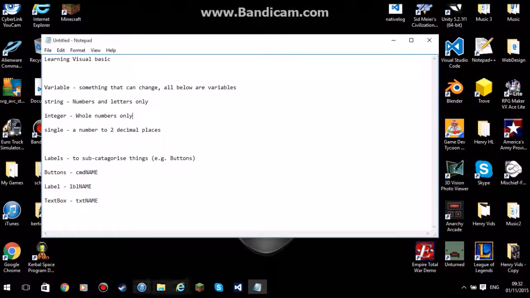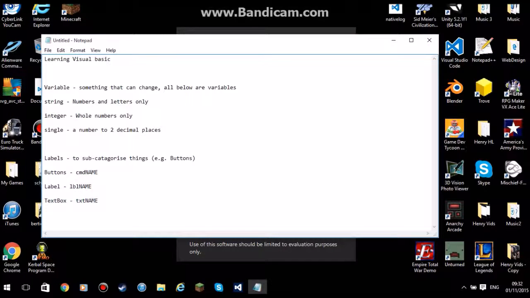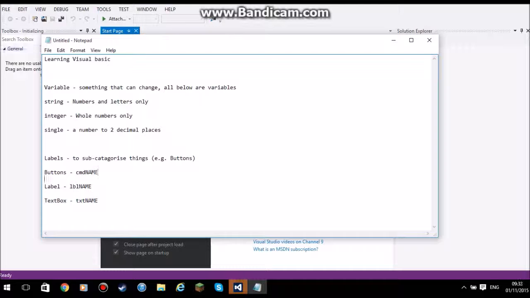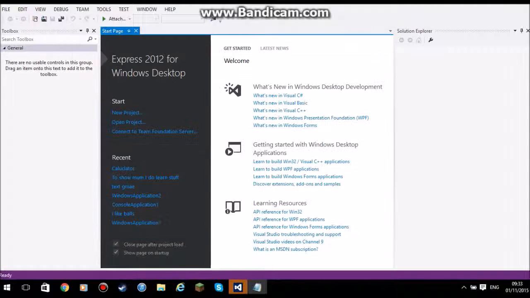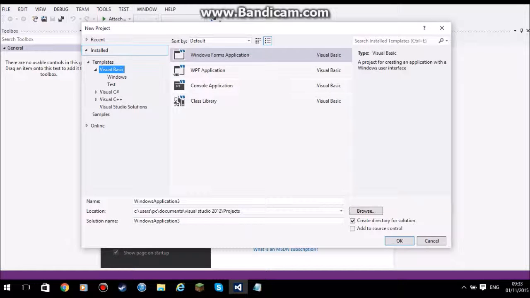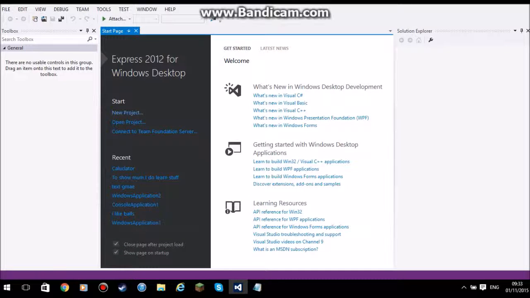Okay, so I will now go over labels, which I kind of talked about a minute ago, but you use these to further subcategorize things. Let me just open a project and I will call it calculator. Okay,